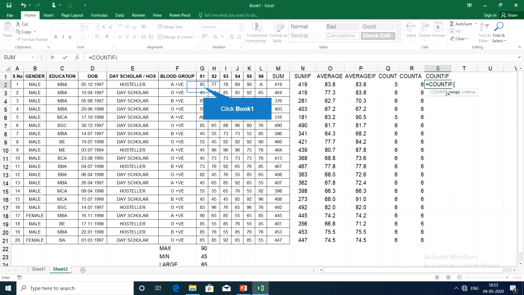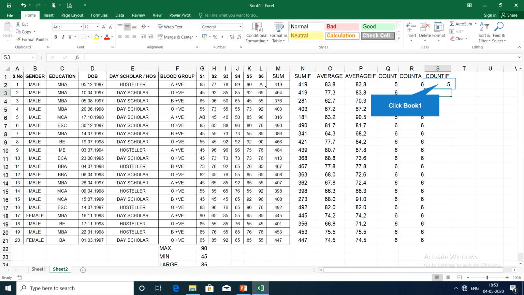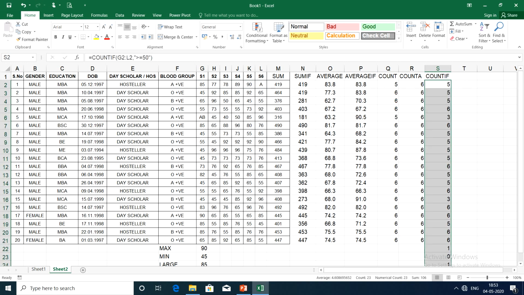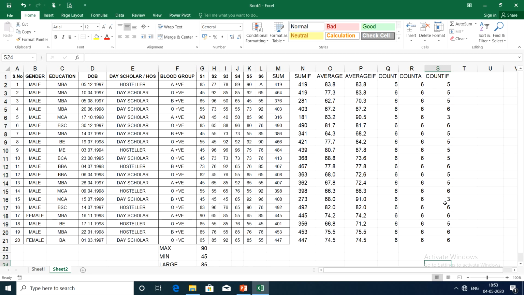For doing that, select this range, type greater than or equal to 50, close the bracket. See what happens. The cell will reflect a value where the number of cells is having the count which is greater than or equal to 50.